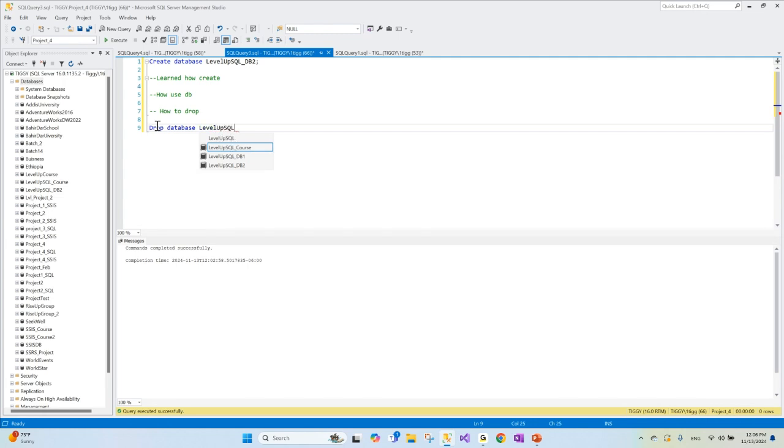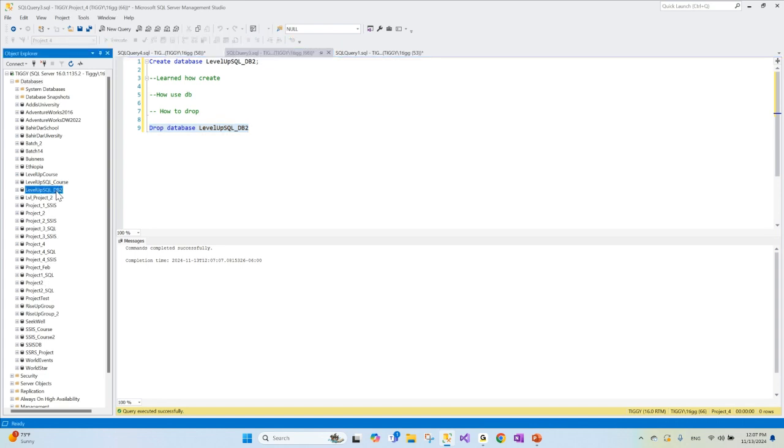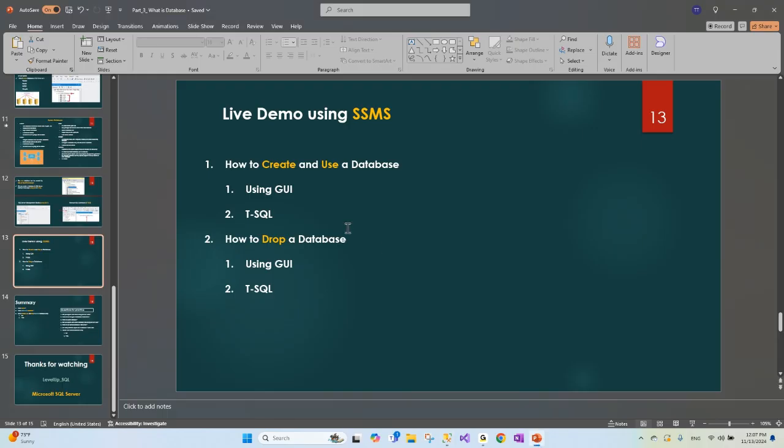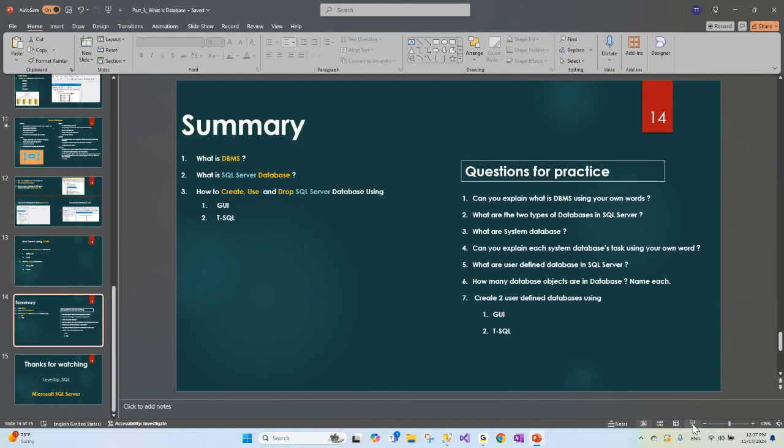Level Up SQL DB2. So I'll just highlight and drop. As you can see, it shows you here, but as soon as you refresh it, right click and refresh, it will be gone. As you can see in the Level Up section, there's no Level Up SQL DB2. So to summarize,